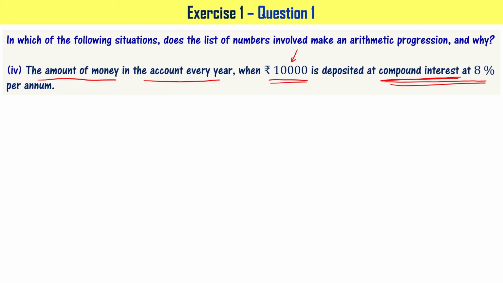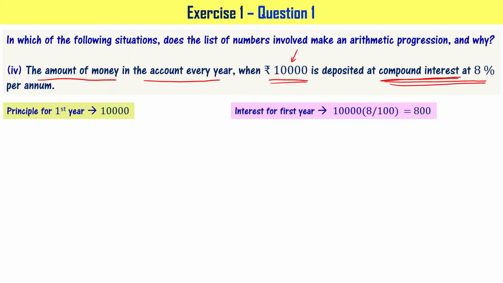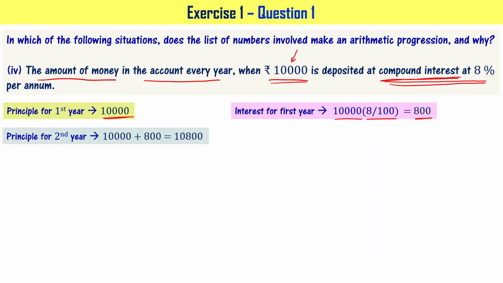You have first deposited 10,000 rupees, meaning the amount in the account, or the principal for the first year, is 10,000. So on this 10,000, at the end of the year, you will be accumulating the interest, right? So what is the interest you are going to accumulate? That is 8%, meaning 8 by 100 into 10,000, that is equal to 800, right? Total 800 rupees you have accumulated. That is going to be added to this 10,000 so that it is going to be the principal amount for the second year. So the principal amount for the second year is going to be 10,800.